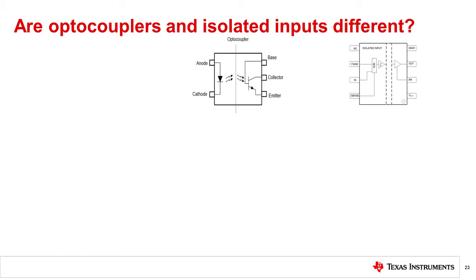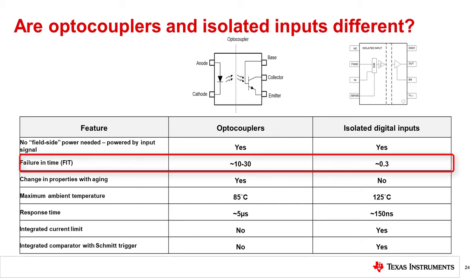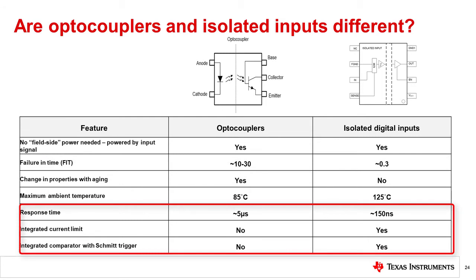How are isolated digital inputs and optocouplers different? Isolated digital inputs and optocouplers vary in many aspects, including isolation technology, device pinout, and functionality. But do these differences matter in their function as isolated inputs? With respect to design of digital input modules, there are some differences to note. Long-term reliability and significantly different FIT rates are some of the differences between the two device functions, but more commonly known differences include response times and function integration.